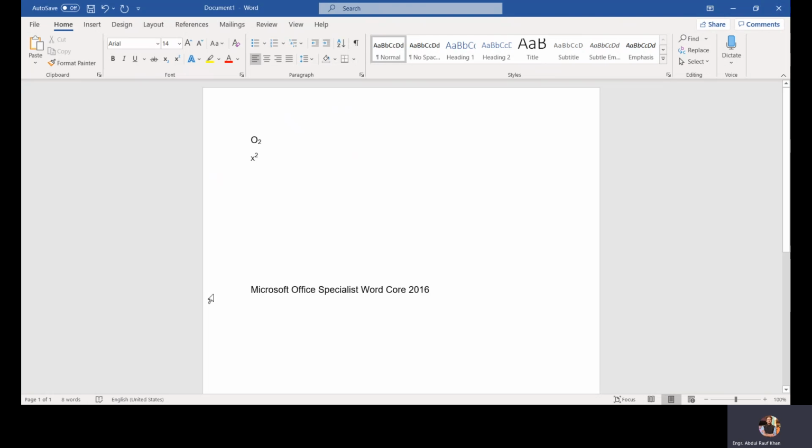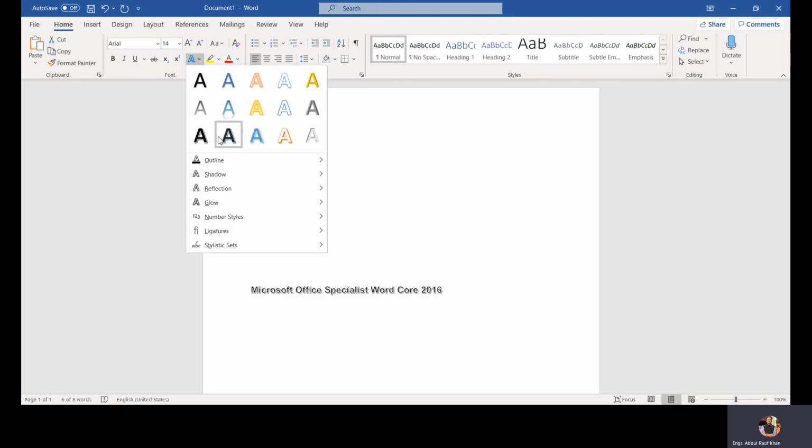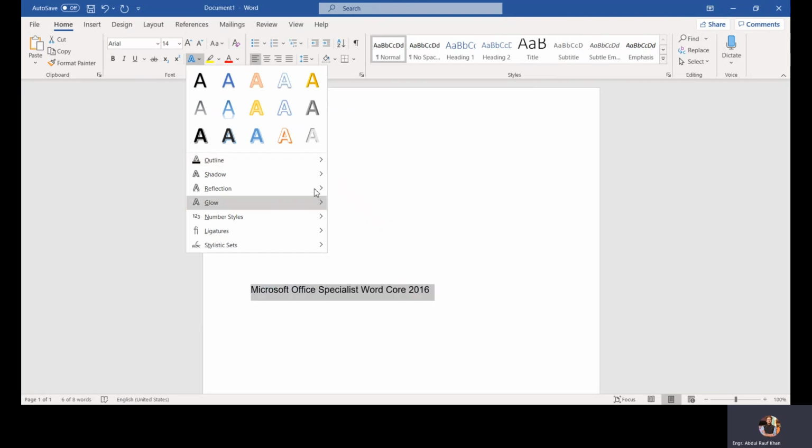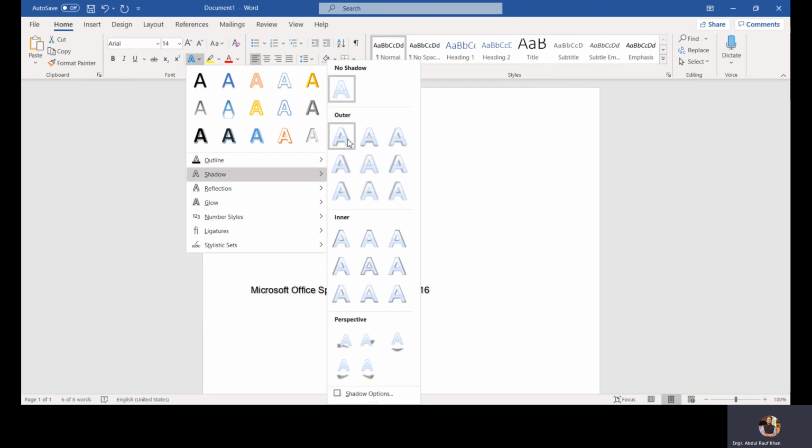Don't forget to select your text. So you can change styles from here. There is outline. If the question asks you to make your text an outline of that blue accent one lighter 60, if you hover around any shade for a few seconds, it will tell you what color it is. It's like blue text to darker 25, then blue text to darker 50, and the lower shades, there's lighter 80. If the question asks you to put a shadow on it, an outer shadow, that's offset bottom right,